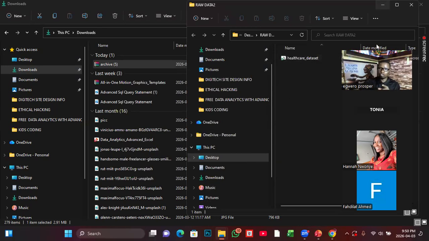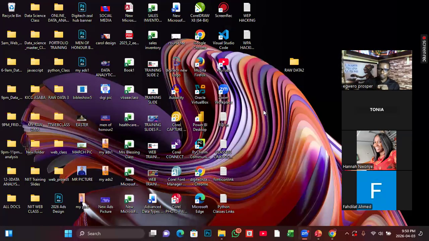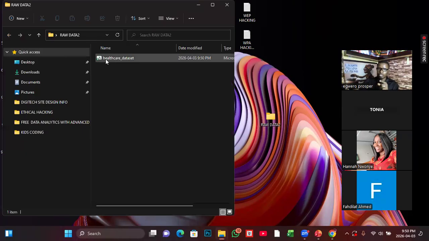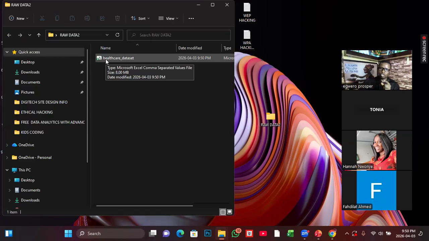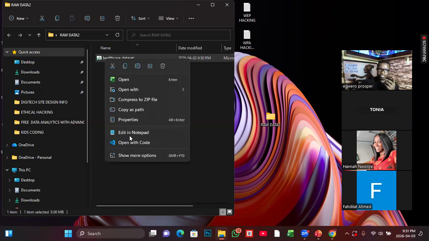Well, let's assume that I did not open it here. I will just minimize and go to the folder, and you have the file inside it already. So you can see that I have it here. Now, the next thing is for me to check which format this file is. Is it pure Excel format or comma separated value, CSV? So how do you know? You can hover on it, or you can right click on it and select properties.